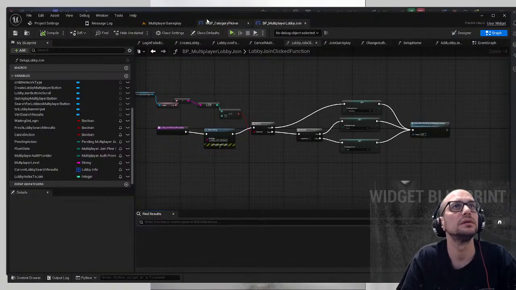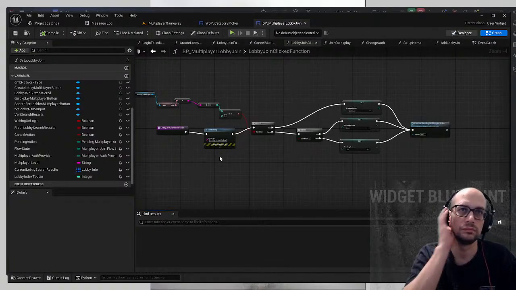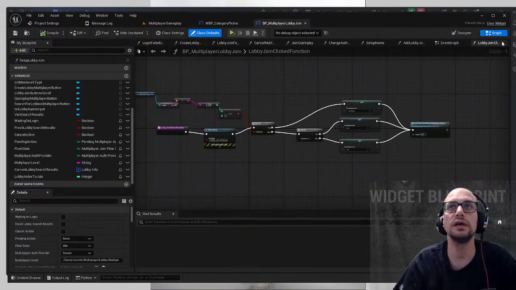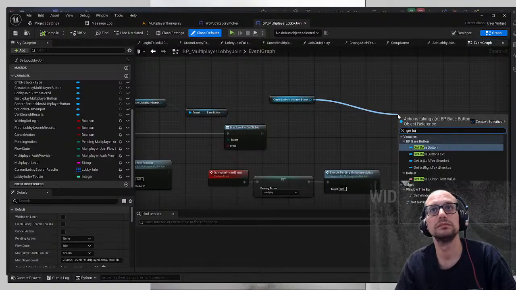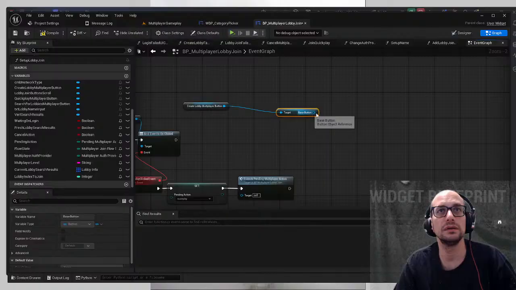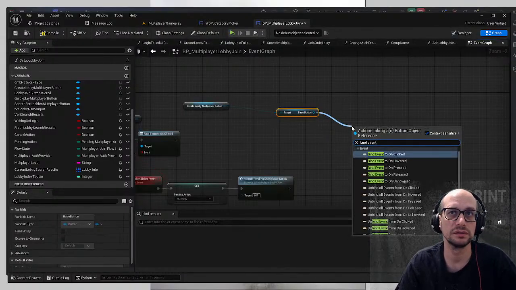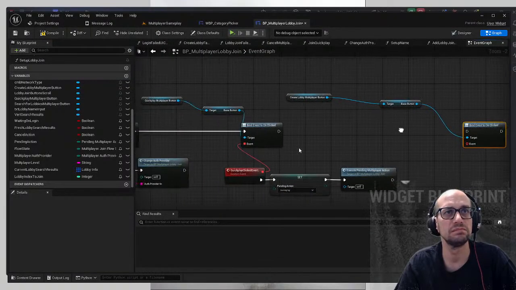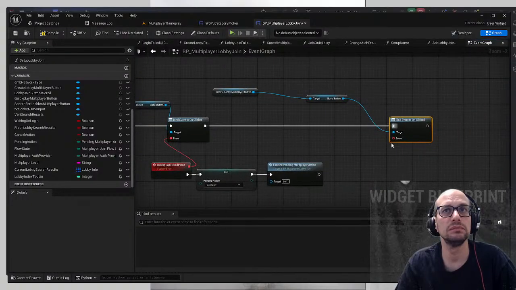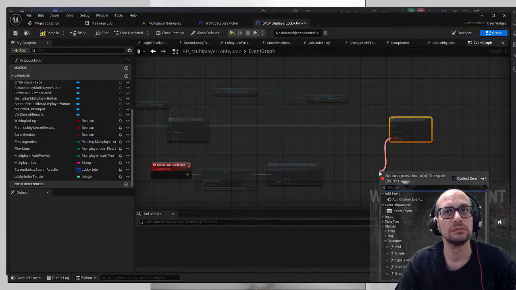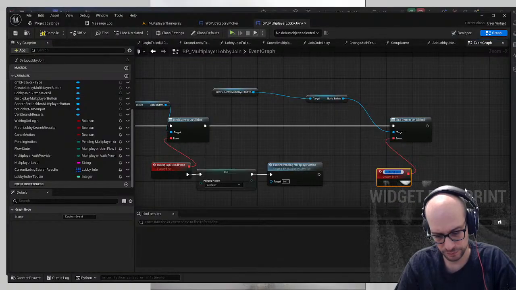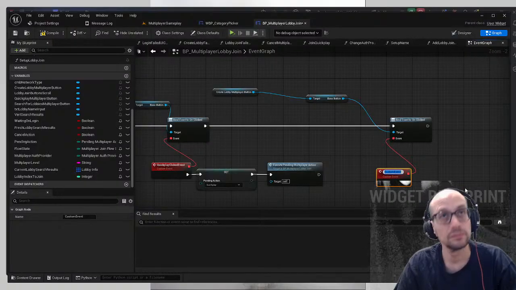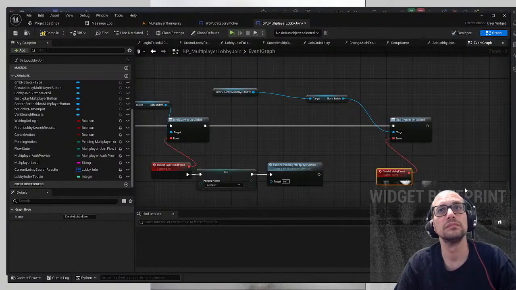Okay, and then okay, oh, no, we need to go back to the event graph. And then bind event. Okay,